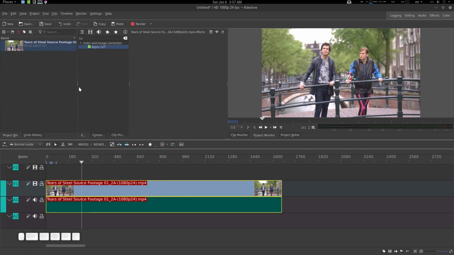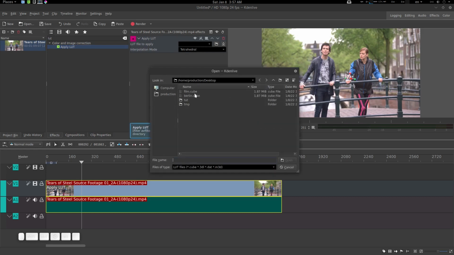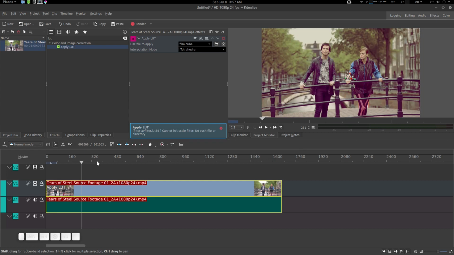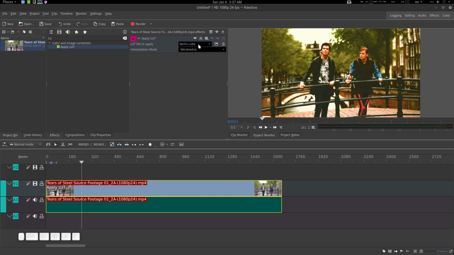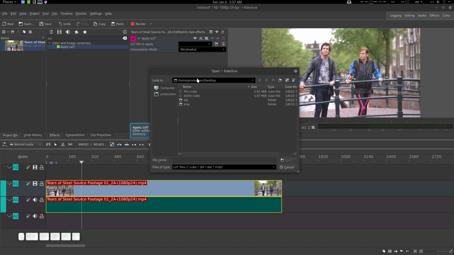Okay, it's in effects and composition, and that is effects. Okay, effects, apply LUT. Now let's select these film. There we go. Done. And we have Berlin as well. I think the Berlin, yeah, this one is Berlin, this one is film. Okay, there we go. Apply Berlin,